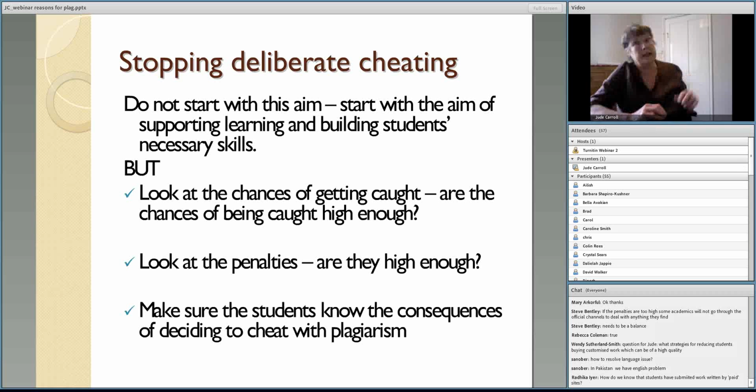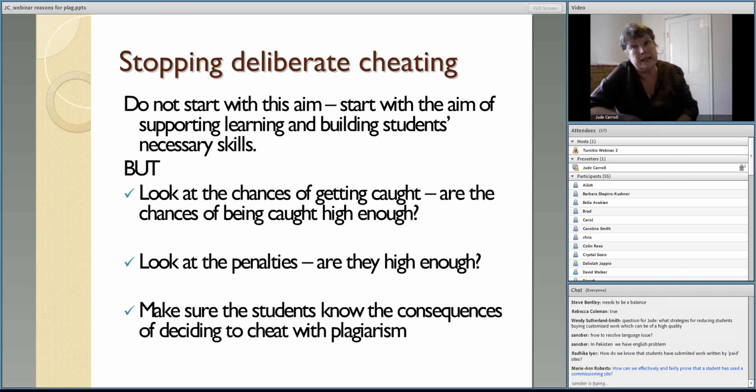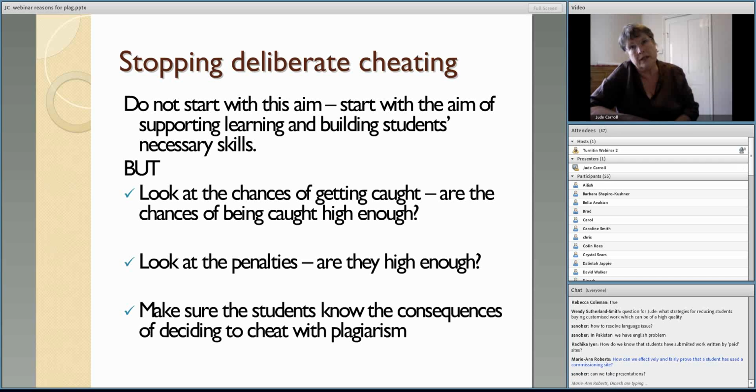High quality work is much more difficult than poor quality work. Poor quality work is by and large plagiarized, because they don't pay very much. The person who makes it doesn't do very much work. And it's really easy to find poor quality work using the standard search engines, the standard text matching software that many universities now use. Detecting high quality work is much more difficult.